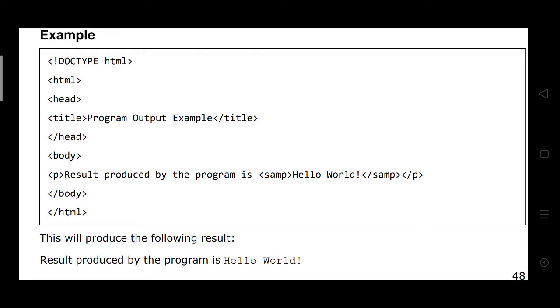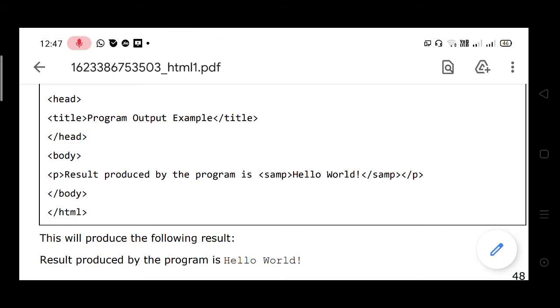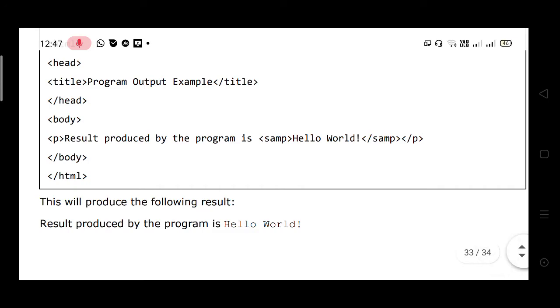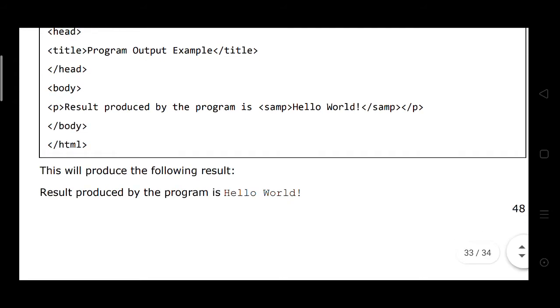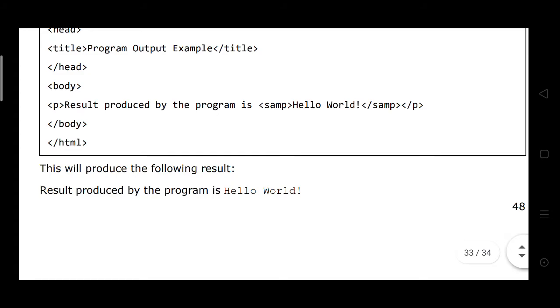Result: the program has SAMP hello world. Then hello world is the SAMP here. The result of the program is hello world here.